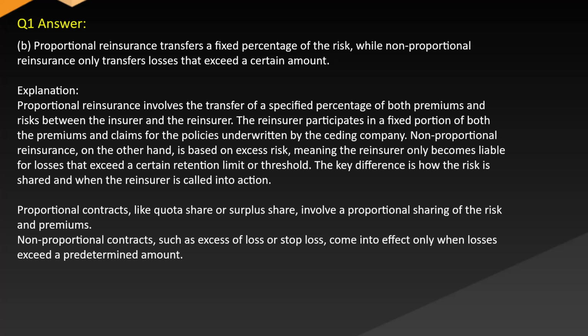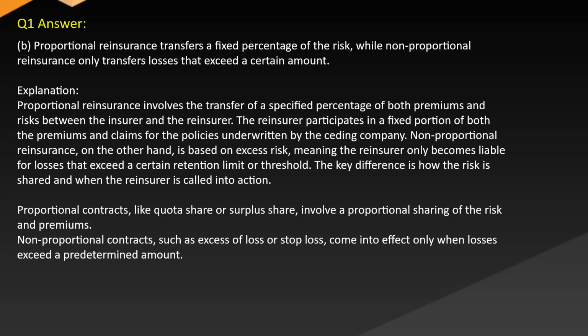Answer: B. Proportional reinsurance transfers a fixed percentage of the risk, while non-proportional reinsurance only transfers losses that exceed a certain amount. Explanation: proportional reinsurance involves the transfer of a specified percentage of both premiums and risks between the insurer and the reinsurer. The reinsurer participates in a fixed portion of both the premiums and claims for the policies underwritten